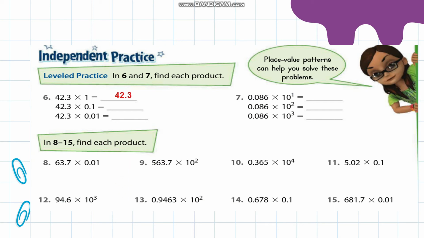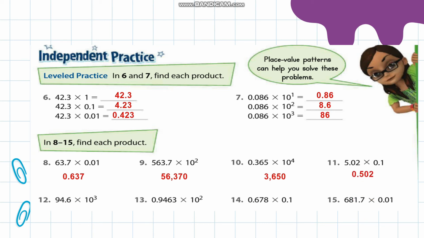So the answers are 42.3, 4.23, 0.43. Number 7, 86. Number 8, 86. Number 8, 0.637 or 637 thousandths, 56,370,